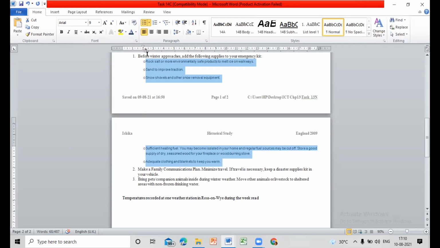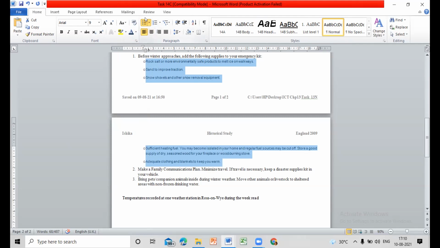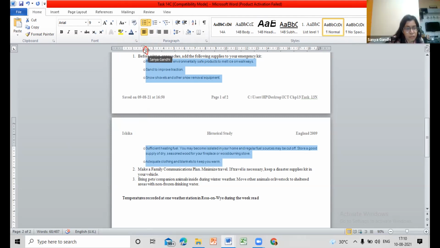Did it? Can you shift it more? Nothing's happening. Let me see. Can you shift this one to the right now? Ah, now it's shifting. Good. Yeah, now it's appropriate.